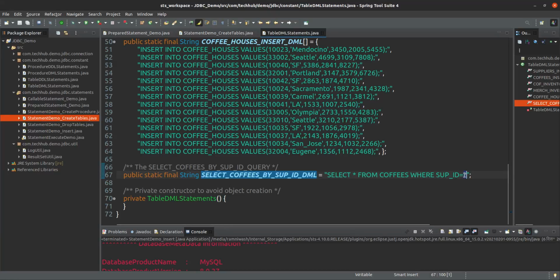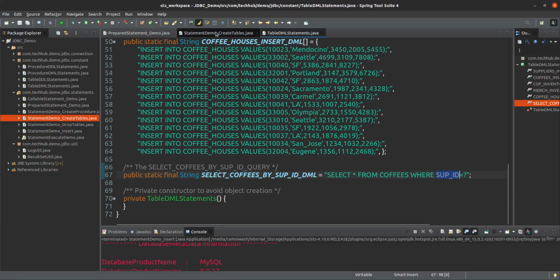This question mark symbol can be replaced with any input of integer type, because soup ID is an integer value. This can be replaced with 11, this can be replaced with 12, this can be replaced with 36, anything. So for that we are giving this positional parameter here, and this positional parameter we have to set using the statement reference variable.